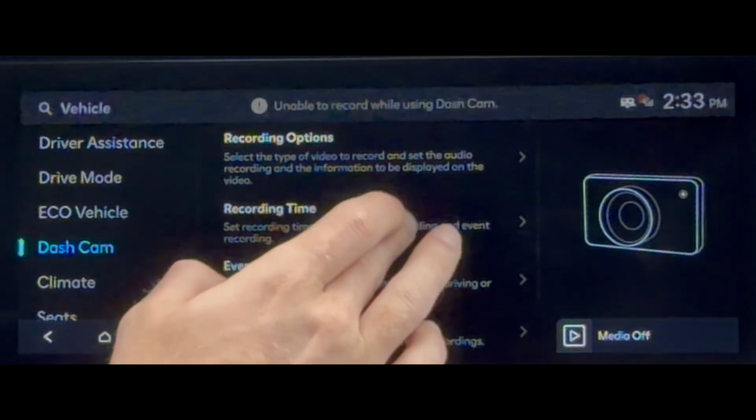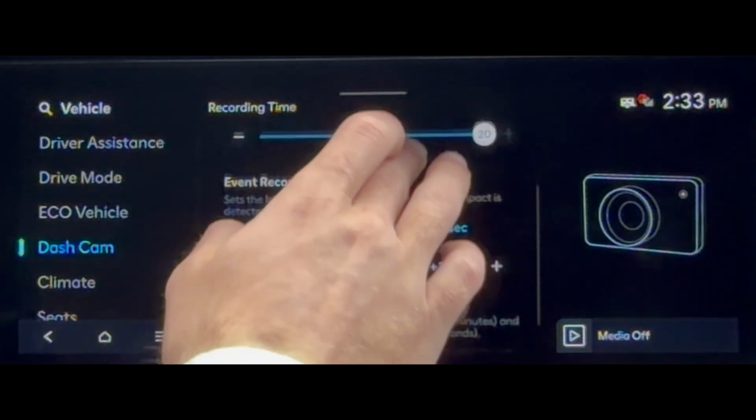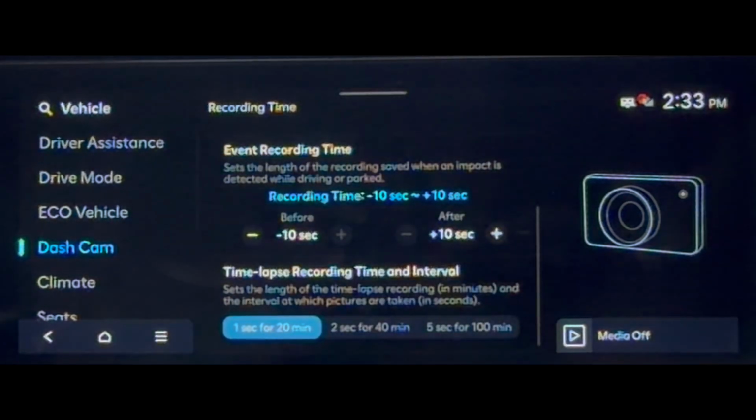If we press Recording Time, we can have a parked recording time, which sets the time for recording video while parked. The actual video storage may be shortened depending on the battery condition. And so at minimum, you can have the recording going for 2 hours while you're parked, and at maximum for 20 hours. You also have event recording time, which sets the length of the recording saved when impact is detected